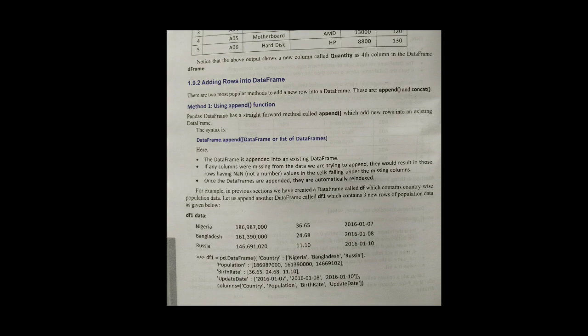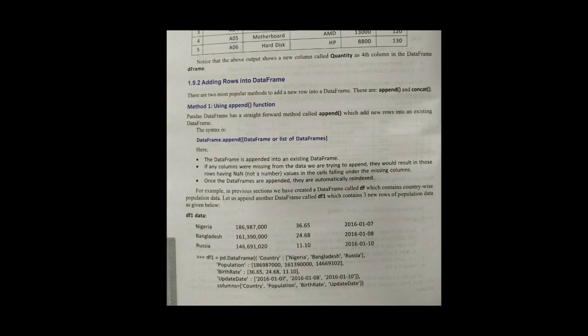So let us see how it should be. df data is equal to Nigeria, Bangladesh and Russia. So now there are three rows. Now see df1 is equal to pd dot DataFrame, country colon Nigeria, Bangladesh and Russia.